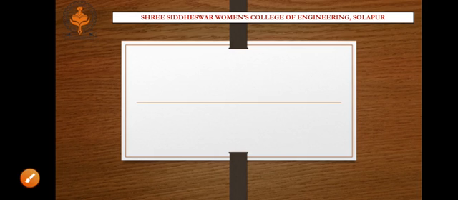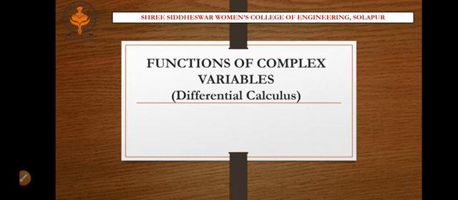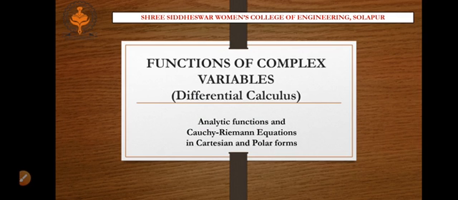Hello students, we are dealing with unit number 5 of our M3 syllabus, that is functions of complex variable, differential calculus part. In the last video lecture we have seen what is a complex function, and the concept of limit, continuity and derivative of functions of complex variable, that is f of z. Now we are going to discuss a very important topic from this unit, that is analytic functions and Cauchy-Riemann equations